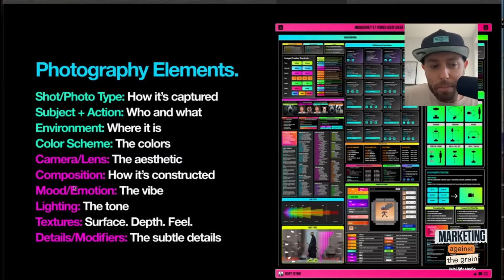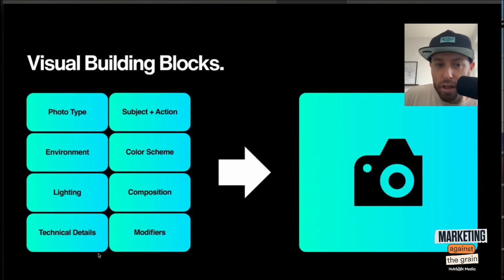So those are the core things. Again, it was understanding that this is what's happening in every single image no matter what. So why don't we build structure around that? When we did that, we started thinking about it like visual building blocks, where each one of these things makes up the image, right? But if we're going to prompt and we isolate each variable in this equation, which is creating an image, then